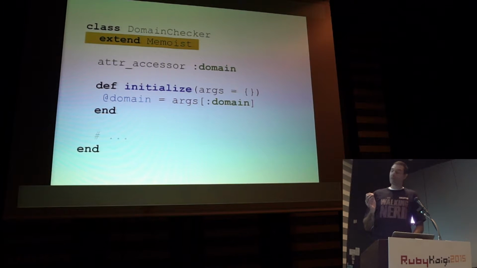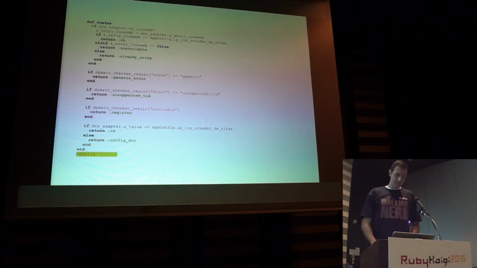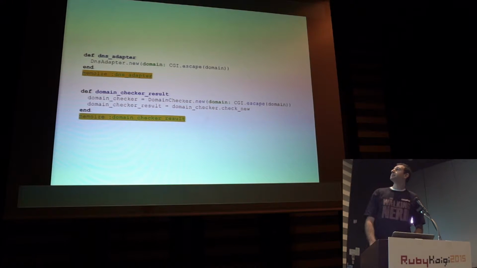Take a look at how many methods are memoized. The status method, it's a public method. The private methods are dns_adapter, domain_checker_results,